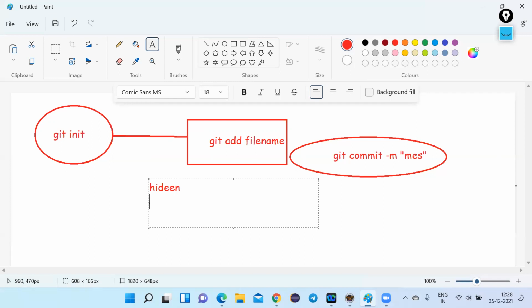So we need to ignore a few files, let's say the classpath of Eclipse, because the classpath would be different in different systems. So we will not be committing all that unnecessary stuff. To do this, we will create a file called .gitignore, and we will mention the files which git has to ignore before committing.